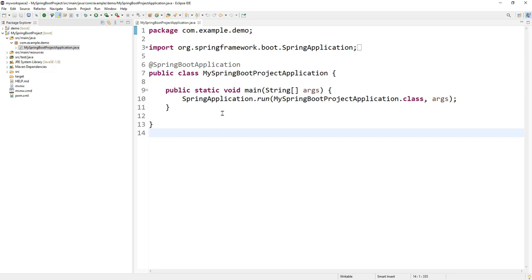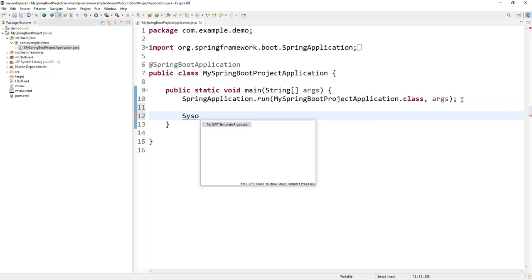Let me run it, and I will also write a simple message to test whether it's working fine or not. System.out.println, just a moment.